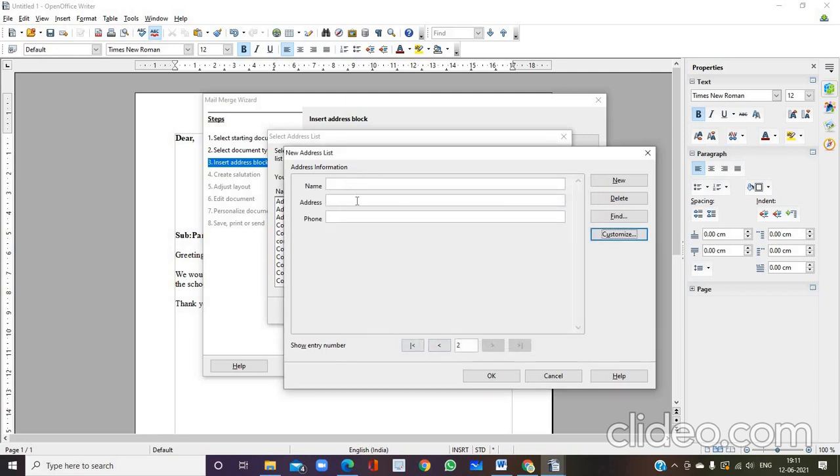You will be getting this window which is asking you for the details. Fill the details in those fields. So here, however many recipients you want to send to, you can write that many recipients' information here. Recipient details you have to give here. I am giving here Sonu Singh. Address is Hyderabad, phone number,